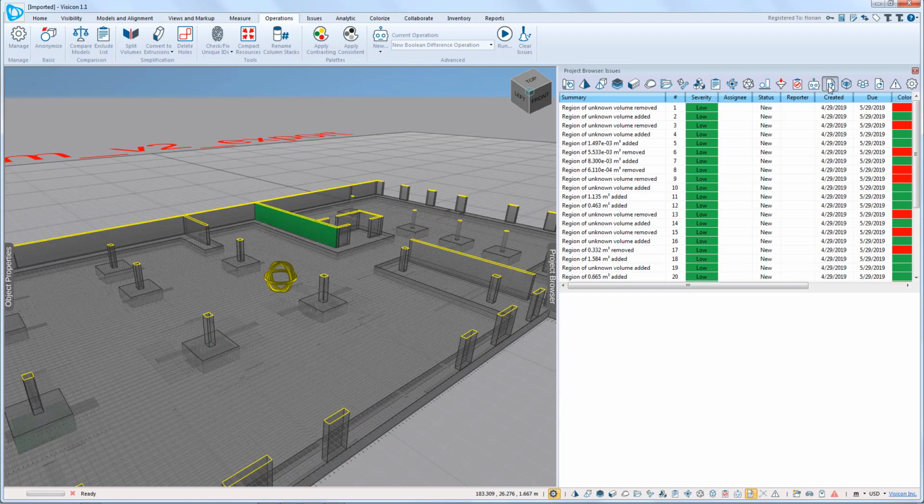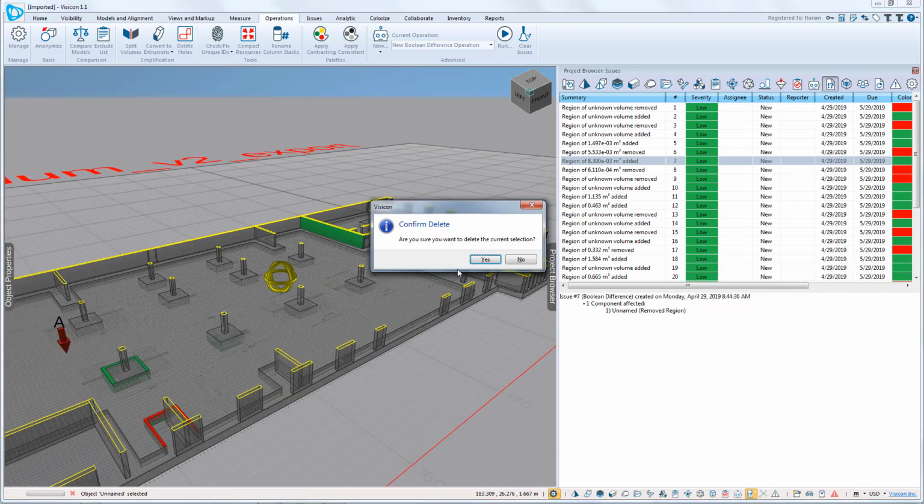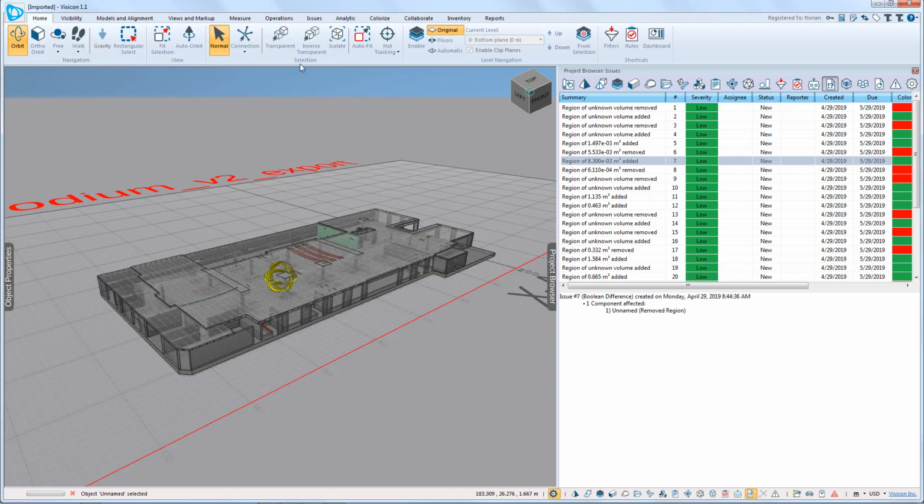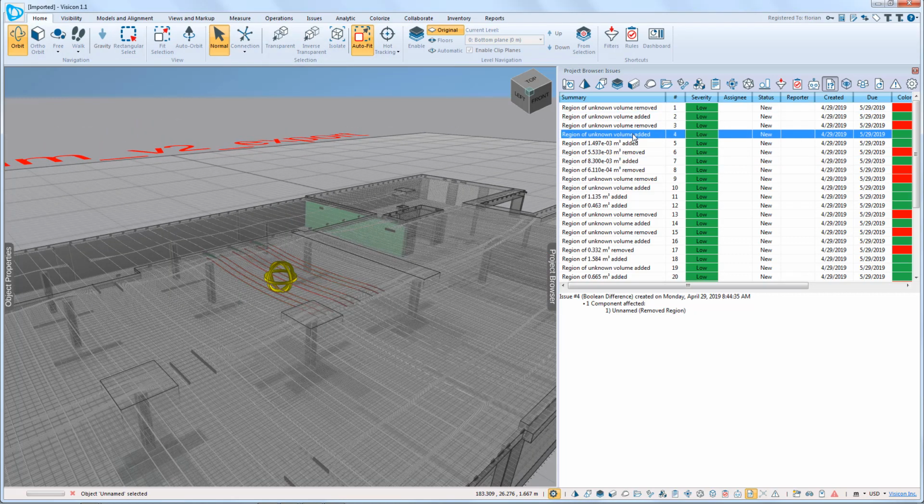You can go to your issue list. The program has identified an issue for each of the instances where it's changed. So we're going to remove our clip plane. If we go to Home and do an auto fit, we can see it goes through and identifies each instance